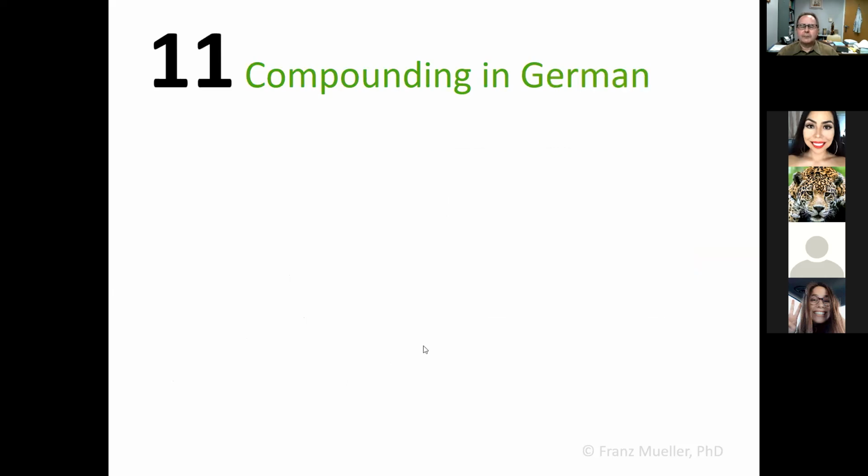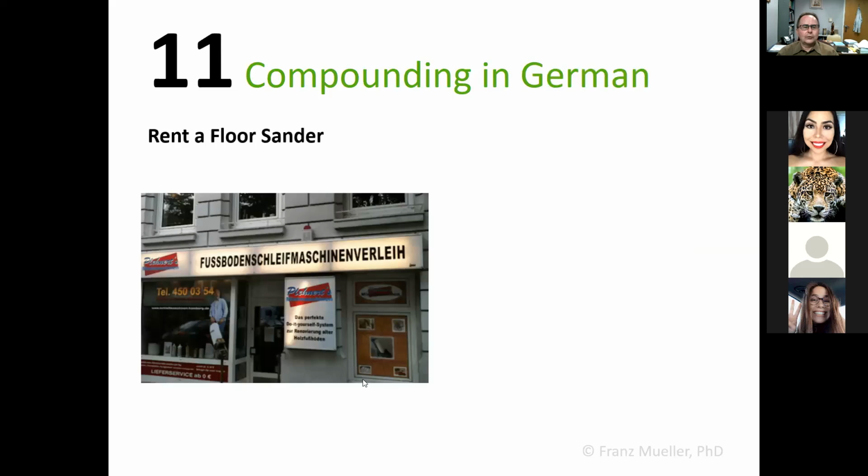Many languages use compounding. Here's some compounding in German. Like I said, German likes to compound words together, but when we do, they're always spelled without spaces. So marvel at the name of this store over here. That is the name of the store. It says